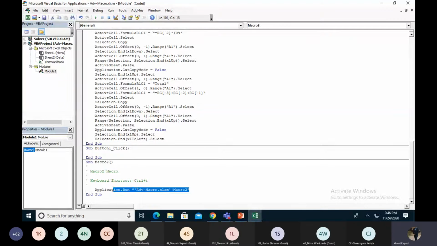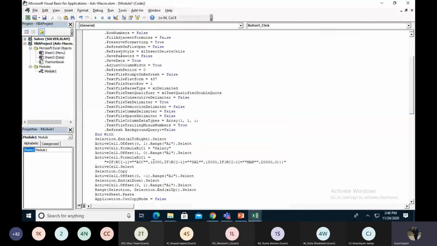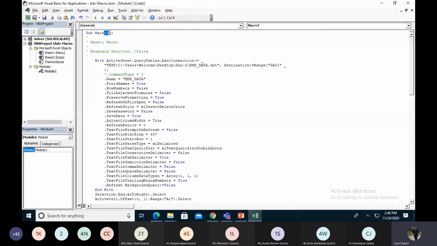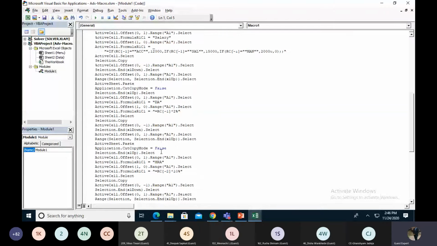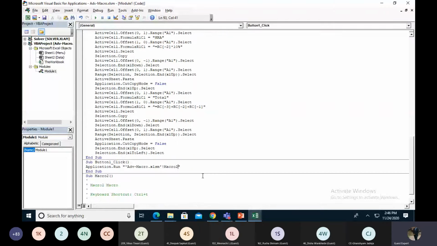Okay, so I copy this code and paste it. This is macro 2, but right now my macro name is macro 1. So I simply select the macro name, remove macro 2 and make it macro 1.